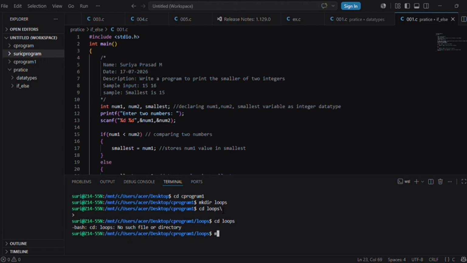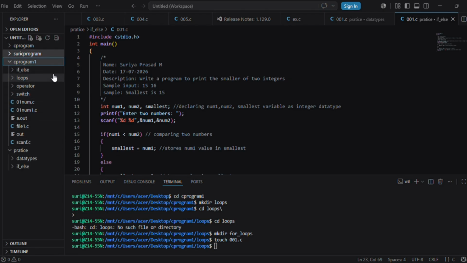Inside, I'm going to create another directory and name it for_loops. Inside this for_loops directory, I'm going to create a file named 001.c.